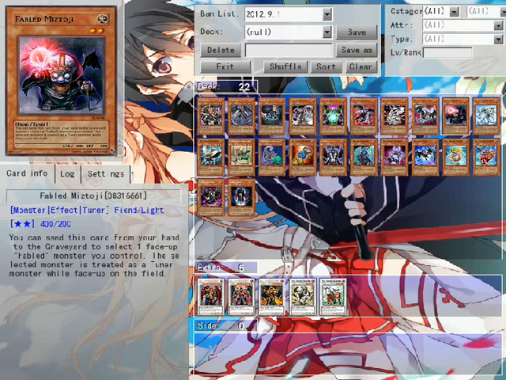And then there's this guy. Send this card from your hand to the Graveyard, select a face-up Fabled monster you control, and it's treated as a Tuner while it's on the field. The entire deck's made of Tuners anyway. He's not the worst card ever, but...